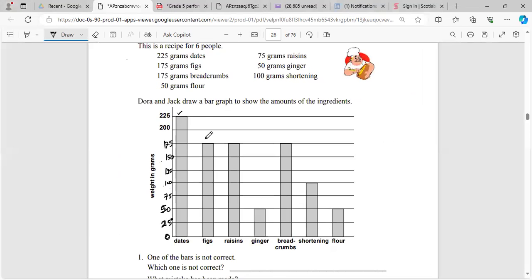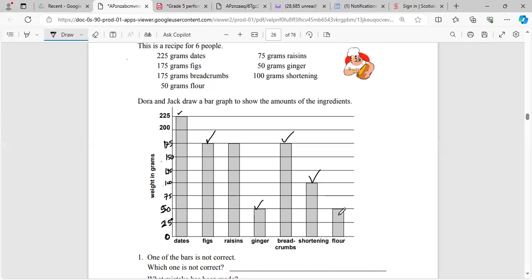That is correct. Now raisin. Ginger is 50. That is correct. Breadcrumbs, where is breadcrumbs? 175. That is correct. We have shortening, which is 100. That is correct. Flour, which is